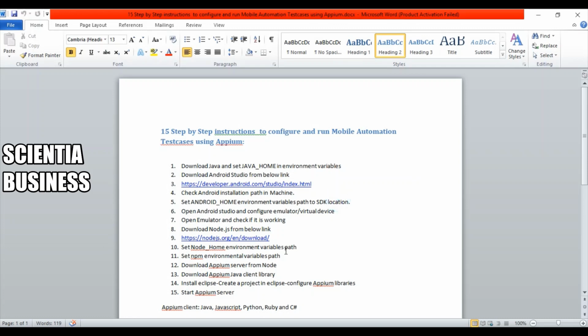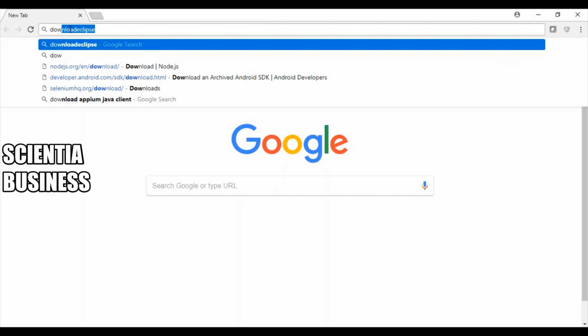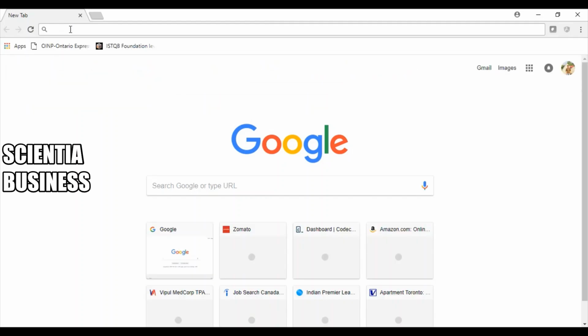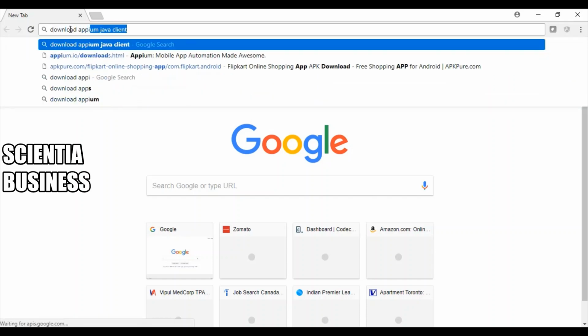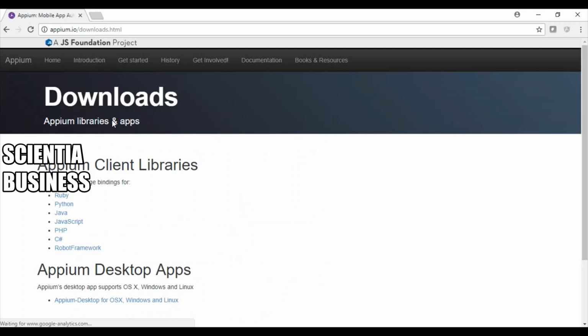In our previous lecture, we covered until this 13th point, where we last downloaded the Java client library. So just to start the session, I will give you a brief recap of how we downloaded the Java client library for Appium. We went to the Google Chrome browser and wrote something like this: download Appium Java client, and using that we went to this link and simply downloaded the Java client.